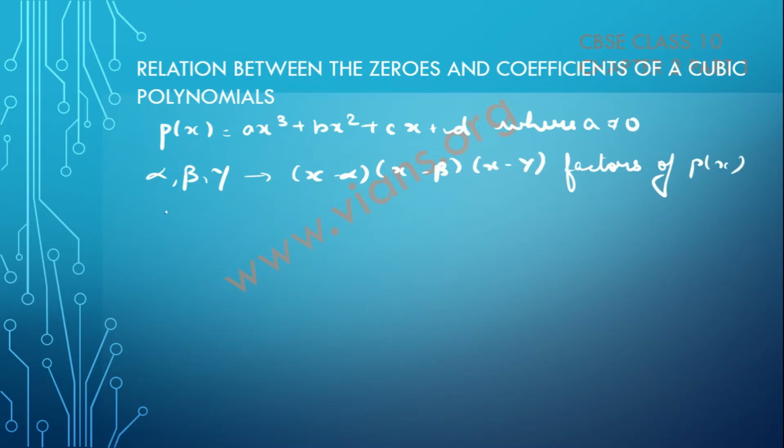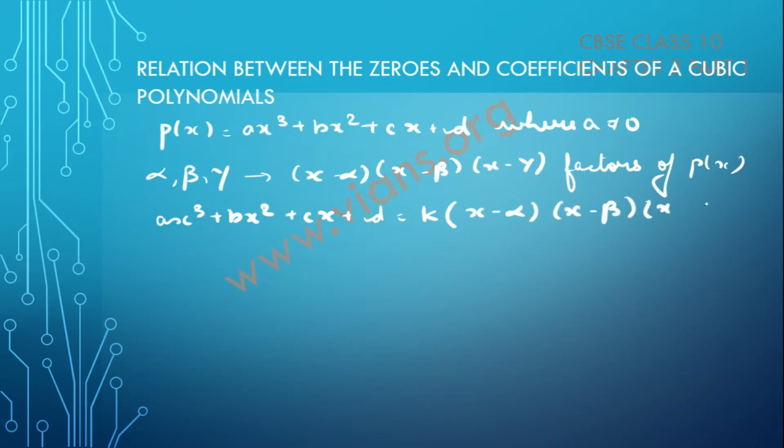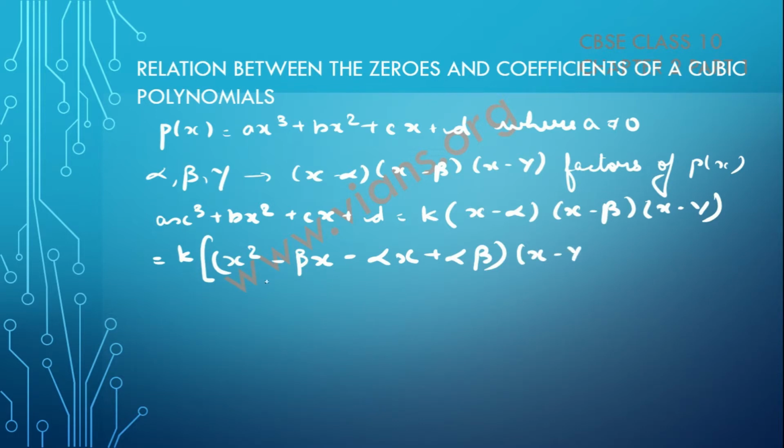Then what would happen? Then you could write ax cube plus bx square plus cx plus d is equal to k into x minus alpha, x minus beta, x minus gamma. Alright, so again this could be expanded. This k into x minus alpha could be expanded as, multiplied now, x square minus, this is going to be beta x, this is going to be alpha x, this is going to be alpha beta, and this has to be multiplied by x minus gamma, which can be again written as